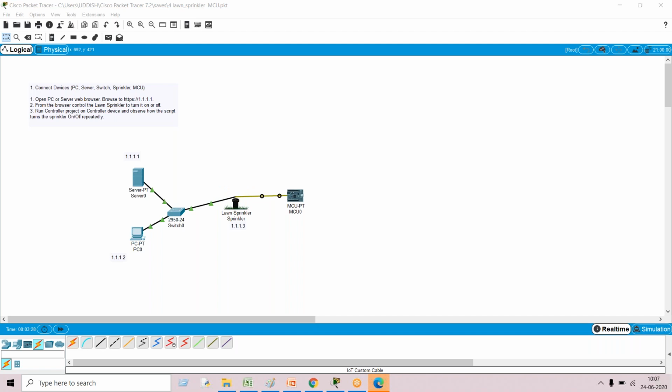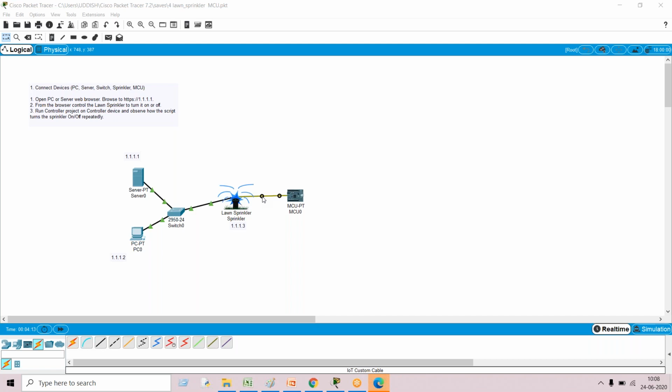When connecting this lawn sprinkler, we have to use the data specification that the lawn sprinkler is given. According to the data specification of the lawn sprinkler, we have to connect it to the D0 pin. So the D0 pin is used for connecting this lawn sprinkler to the microcontroller. The microcontroller has almost six digital pins and four analog pins. As the lawn sprinkler works on digital, we have to connect it to the D0 pin. By simply dragging, we can see it over here. So the first step is done.